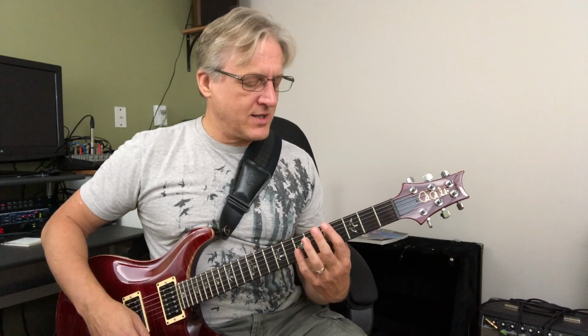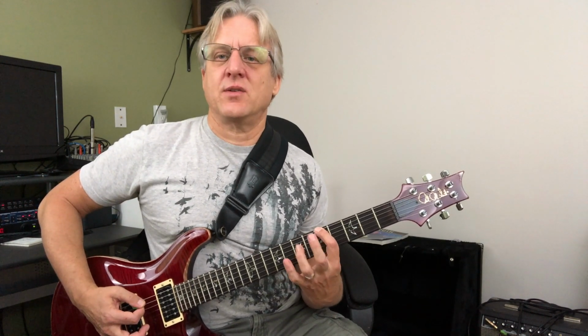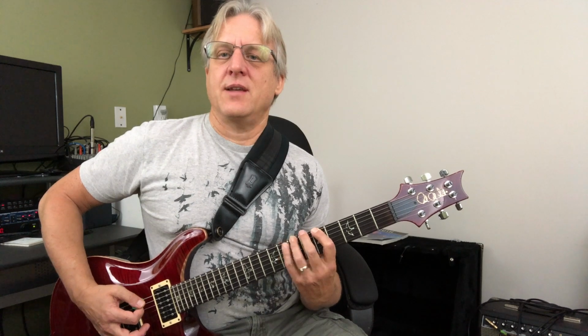On the lowest string, we're going to start on the A note, which is the 5th fret on the 6th string. And we're going to hammer on with our ring finger to the next note in that A minor. And then from that note, you hammer on with your little finger to the next note in the A minor scale. All right,